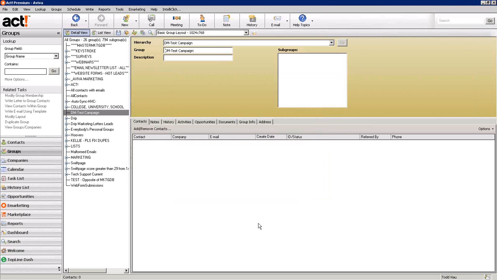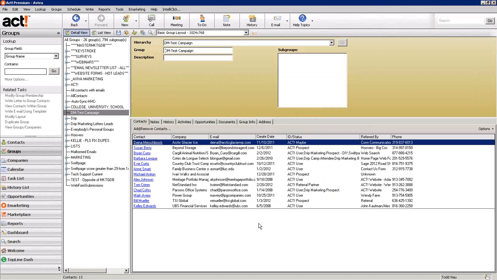So I hit OK again, and there are all of our contacts that are in that particular stage, and it's still open. So that's the first step: set up a group that pulls in the contacts. This is just an example for proposal follow-up, but it really doesn't matter what kind of campaign you're creating. Whatever the campaign is for, you can set up a group in ACT and then sync that group with